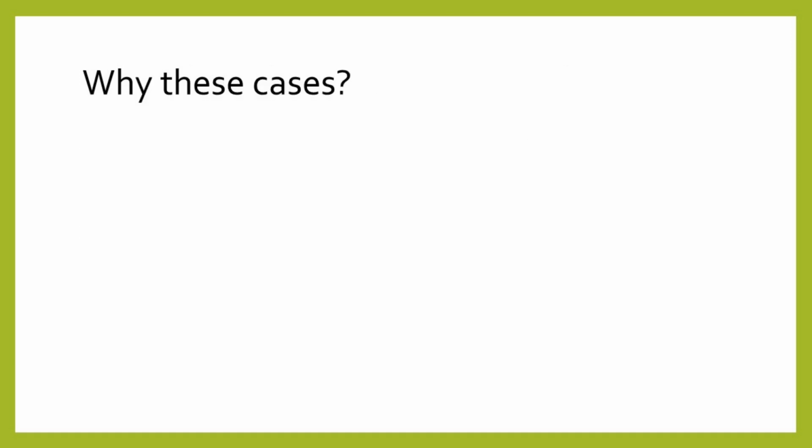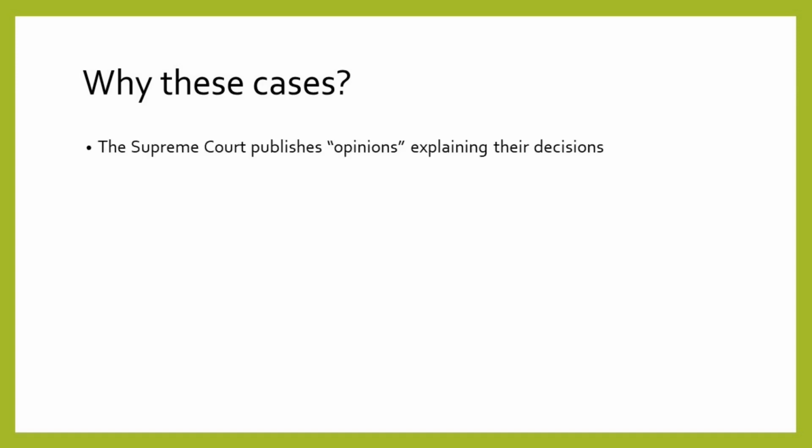That's a pretty broad range of topics, but there's actually something that connects all 7 of those cases. You see, when the Supreme Court makes a decision, it publishes a series of opinions, which basically just explain what the court decided and why. If we look at the opinions for these 7 cases in particular, we notice that in each case, the court specifically cited one or more of the Federalist Papers, those essays that Hamilton and Madison wrote back in the 1780s to convince people to ratify the Constitution.